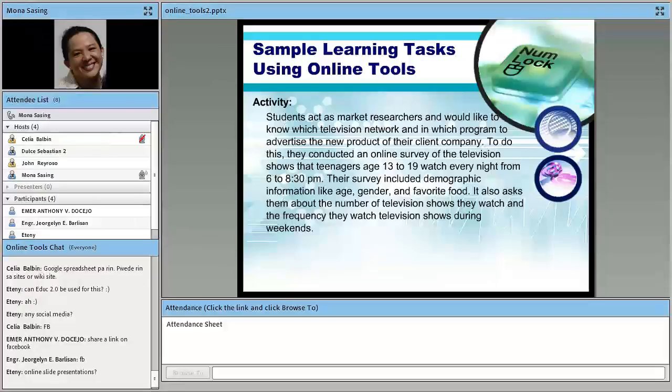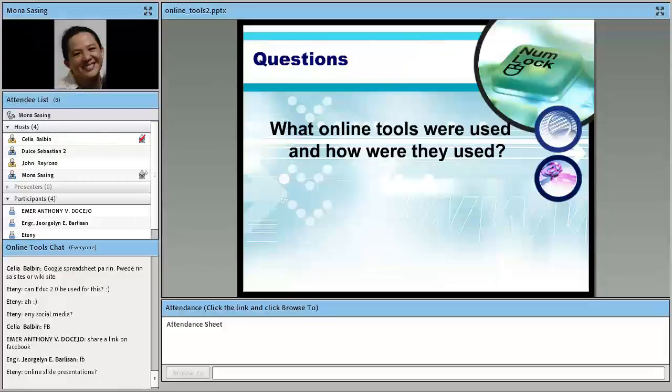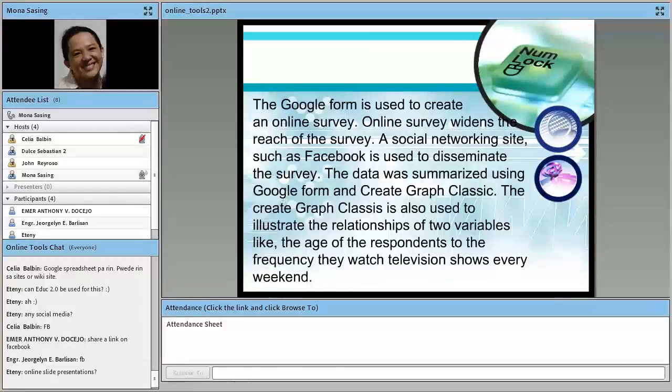Online slide presentations, okay. But before you go into that, you need to create the graphs, right? So, you can actually make use also of a Create Graph Classic online tool. This will be useful in presenting your results in graphs,